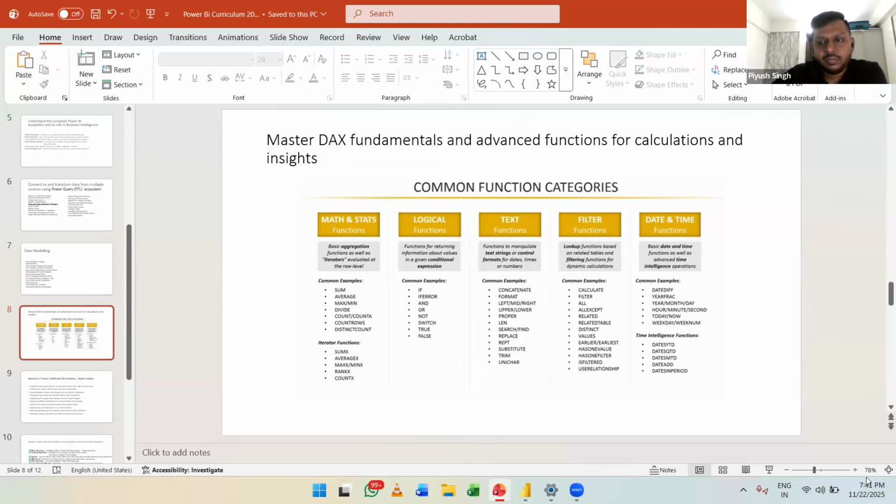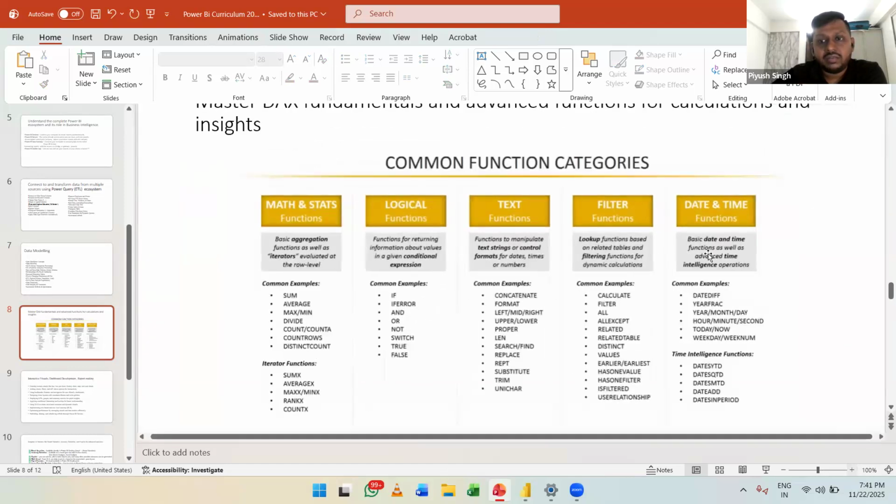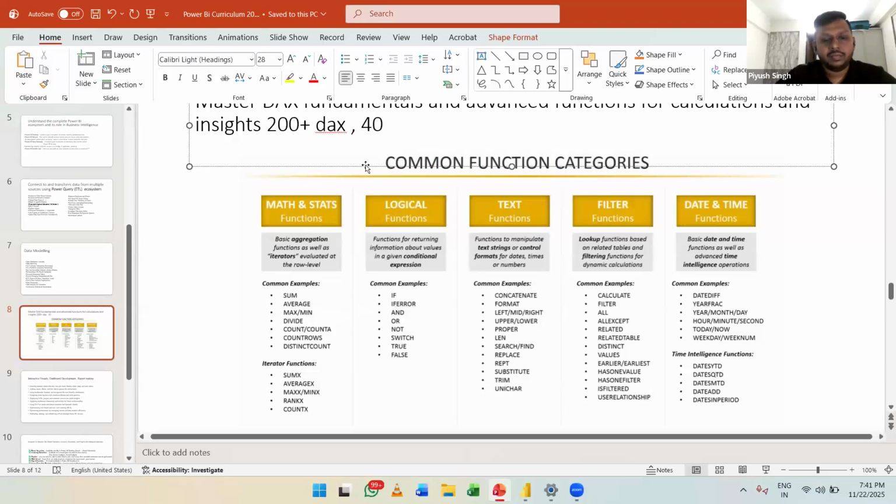If you can see here, date and time functions, some very important date and time functions, filter functions, text functions, logical and mathematical functions. We have roughly 200-plus DAX functions. I'll be teaching you these 40, 50 most common and important DAX functions. The rest of the 200 are nothing but permutations and combinations of these 50 DAX functions. So my idea would be to teach you these 50 DAX functions.